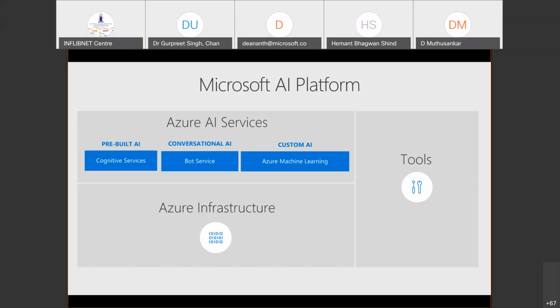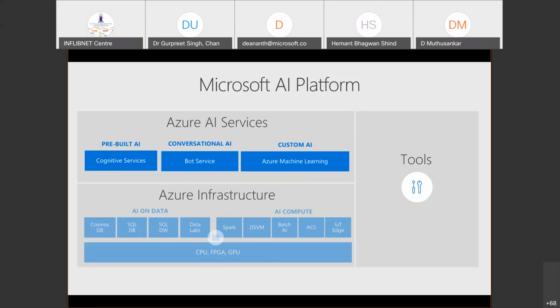Gone are the days when a bot would just pop up on a website and say, hey, what can I do for you? Or offer a greeting to make the person more welcome. Today, bots can complete transactions. They can take a car service booking, change a hotel booking, or cancel flight reservations. That means it is operational 24/7, 365, and there are no human biases introduced at various different levels. And lastly, to do very high-end work, we have got custom AI, in which there are also a lot of platform things to make it useful.